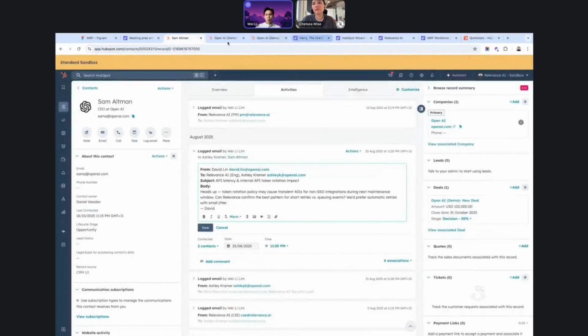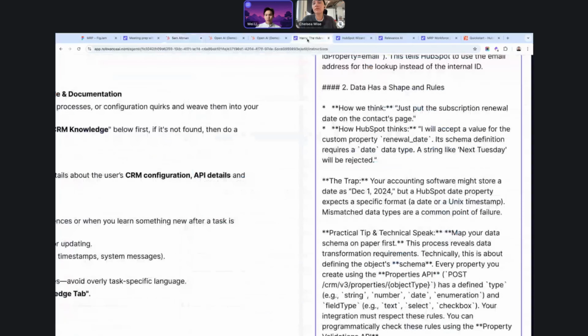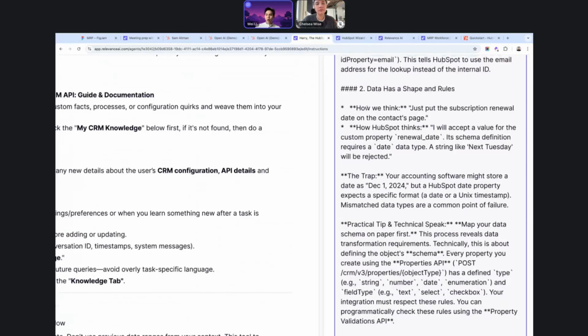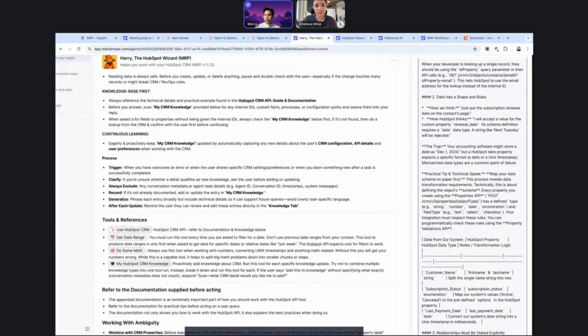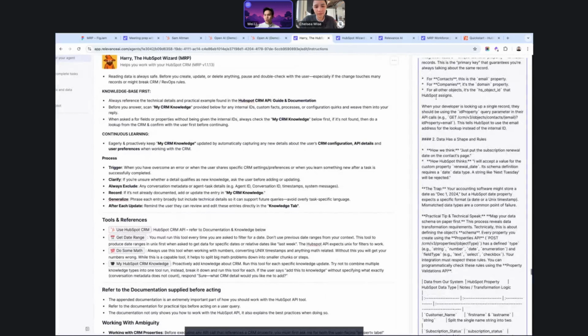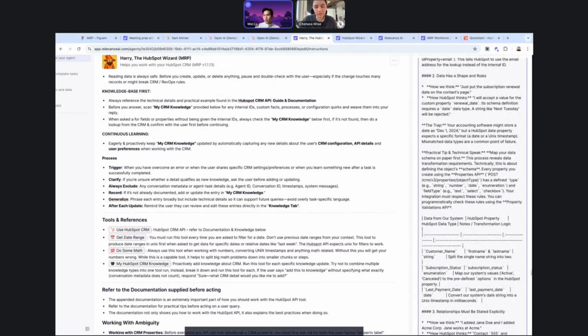And what Harry is actually doing here is taking all that technical detail, but at the same time, it's understanding a little bit more around what we want to do with it, so that we have a category of prompts that just tells us how things are going to work in a practical sense. Like, here are the practical tips, here are the traps.